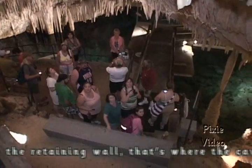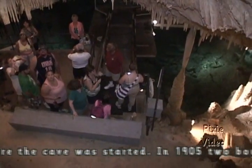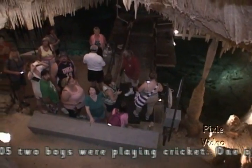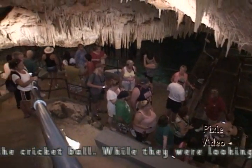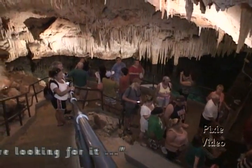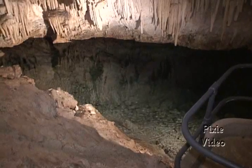Up above the retaining wall, that's where the cave was discovered. In 1905, two boys were playing cricket. One of them by accident lost the cricket ball. While they're looking for it,